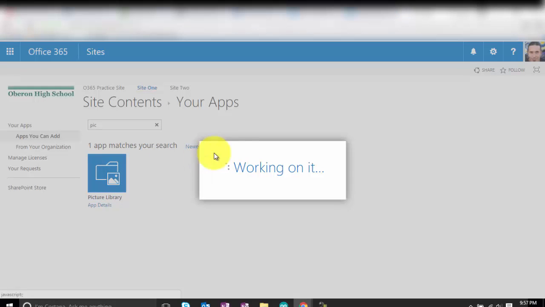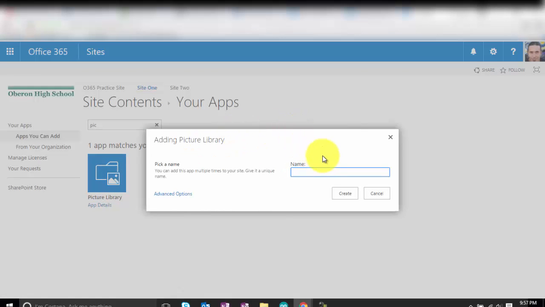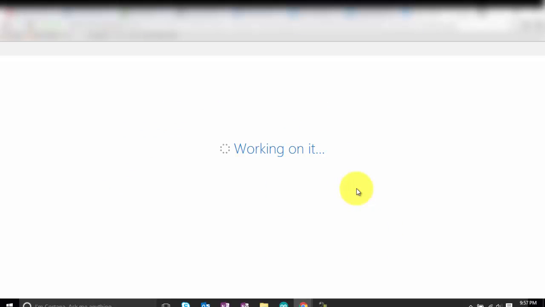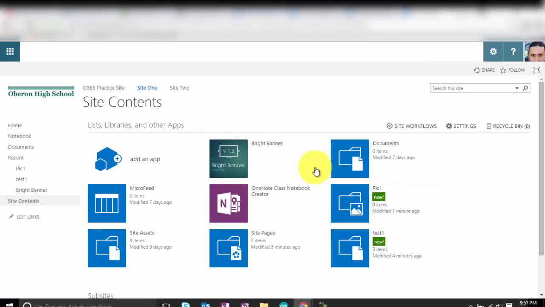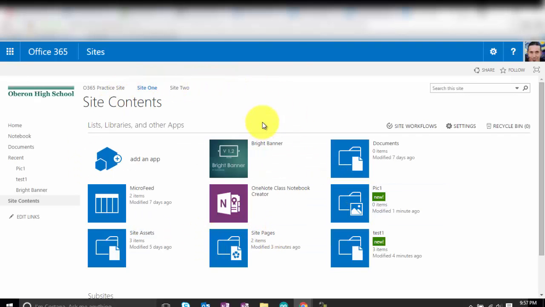So I click on that to create a new picture library, and I'm going to call it pic 1, and then create. Then we will be taken to our site contents, and we can see that we have our new picture library here and our document library that we created in the last lesson. So I click on the new picture library,